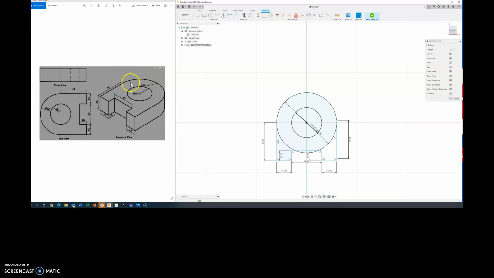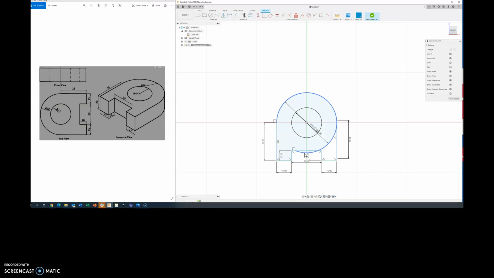Now I'm going to go in to get this profile correct. I'm going to go in and trim out the bottom part of my big circle. So I'm going over to modify, choosing my trim button. Also remember, if any of these tools are not showing on your menu bar, you can just hit the drop downs, right? So under create, you've got the line and the circles. Under modify, if your trim is not up here, if you click modify, then you get trim. So I'm going to click on the edge of the circle that I want to trim out, and then I have to come under the bottom here and whoopsie, hang on,